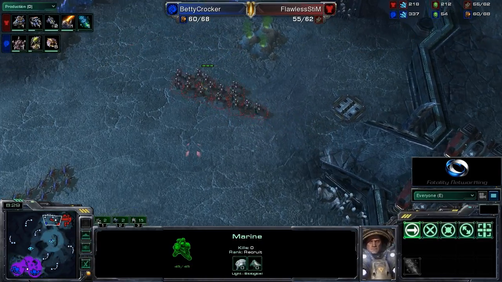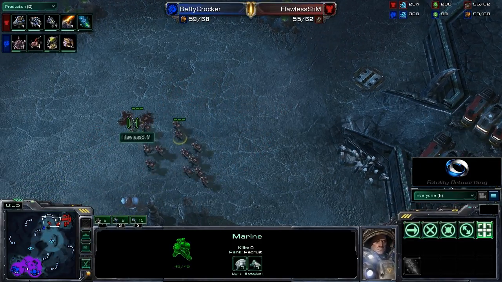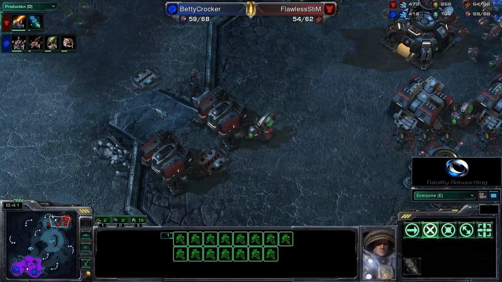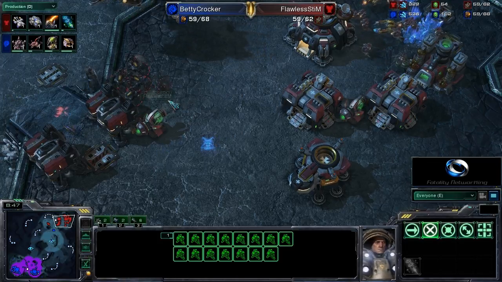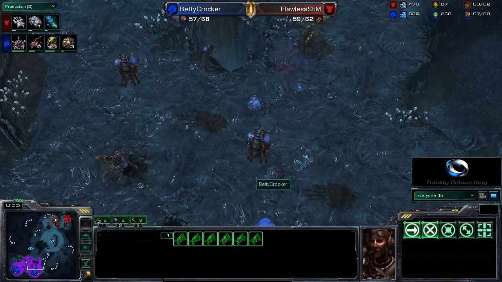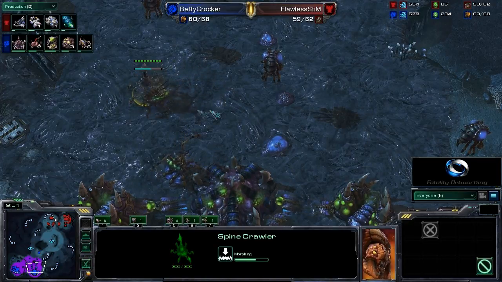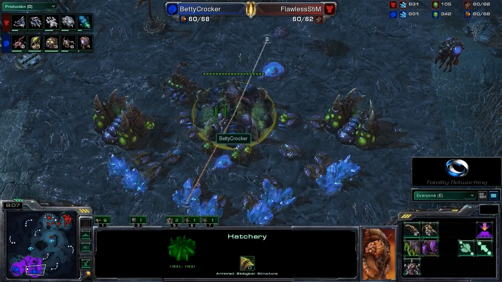So it looks like FlawlessStim is going to be clearing out his natural. We're losing a couple Lings there, 2 or 3. And I'm sure once this command center floats over here, these Hellions are going to be moving out here now for the attack. Very key Zergling right there, seeing all those Hellions, and that triggers the spine crawlers to be placed right now. 2 in production right now, repositioning the one that he was building before. Very, very key for Bettycrocker to see that, and